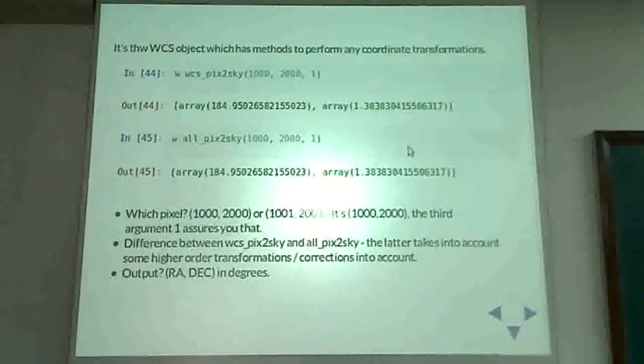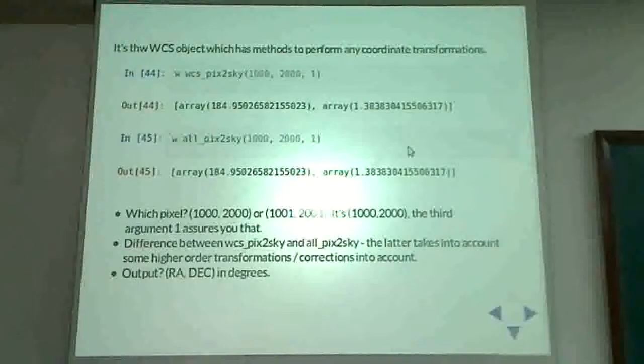Next, two simple operations. I would like to specify a pixel and ask the question, what are the RA and Dec at that pixel? Or the other way around, I would like to give an RA and Dec and ask at which pixel is this RA and Dec located.